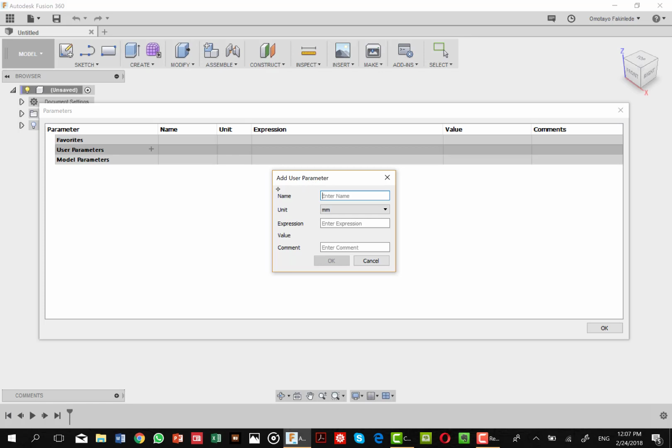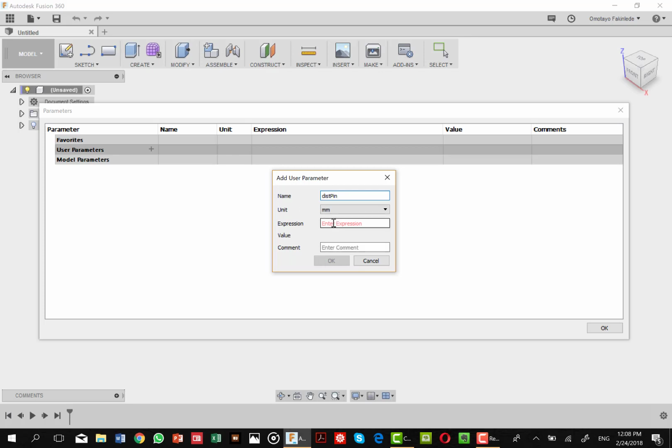To add user parameter, we will assume that the kinematic constraints we have are the distance between the pins, that is the pin of the crankshaft and that of the piston, then the diameter of the pins, the thickness of the pin ends, and the thickness of the connecting rod body. So we're going to add parameters to this 3D model that will give us information about those things. Let us begin. Enter name. The first thing we are going to do is enter the name of the distance between the pins. So we call that dist pin.